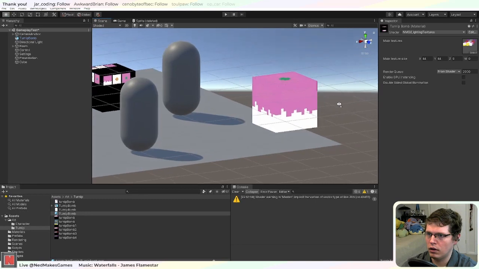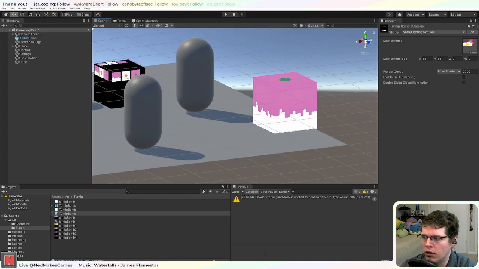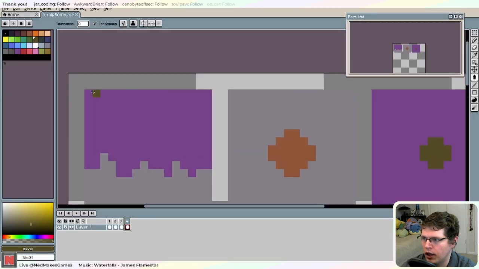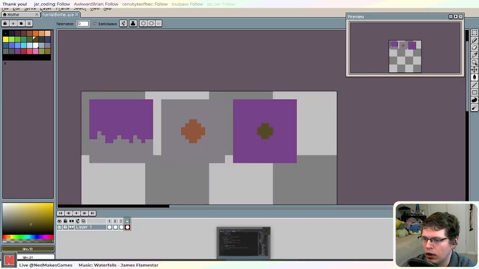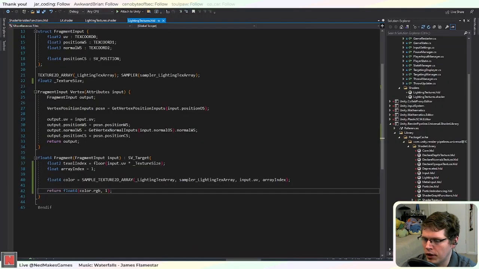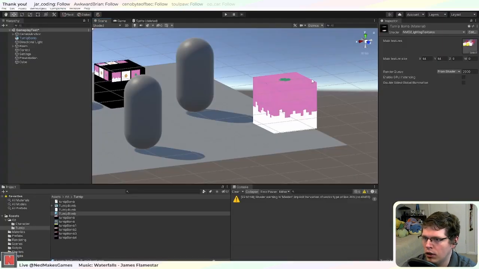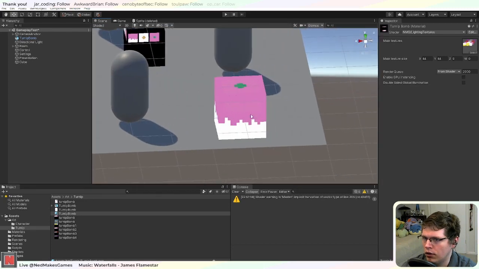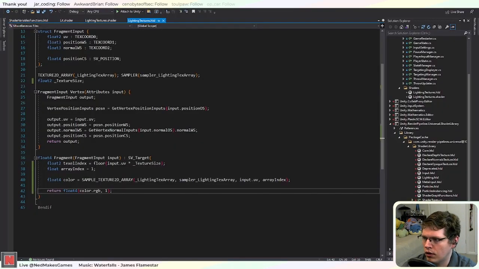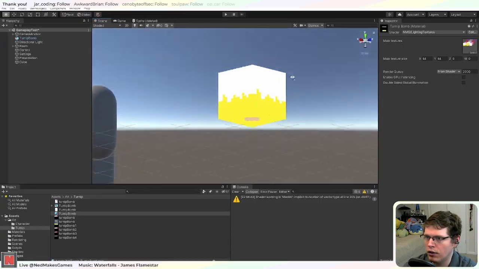You can see on the edges I didn't set up the bleed correctly. In order to do that, I just need to add a border around everything. Just not that big of a deal, but we'll worry about that later. Okay, so yeah, and I can change the array index to sample the different layers in our array. So this is the highlight,